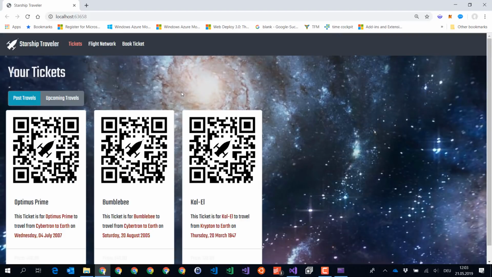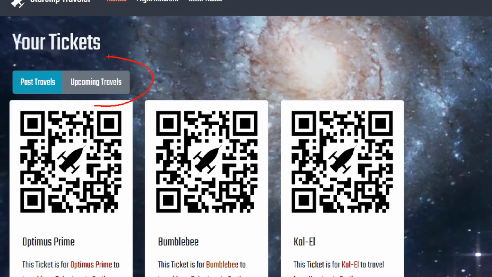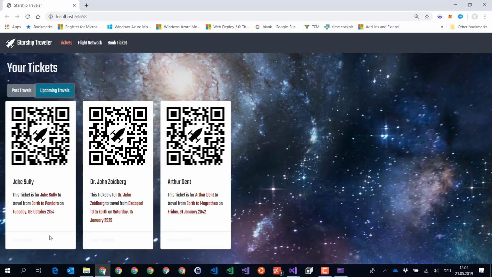Looks good. Maybe make it a little bit smaller. So now we have the possibility to switch between past travels, so people who traveled in the past through the universe, and upcoming travels. So Optimus Prime, Bumblebee, and Kal-El, I think this guy is called Superman, they already traveled with our travel agency, and if I say upcoming travels, then we will see that Mr. Jake Sully will travel from Earth to Pandora,